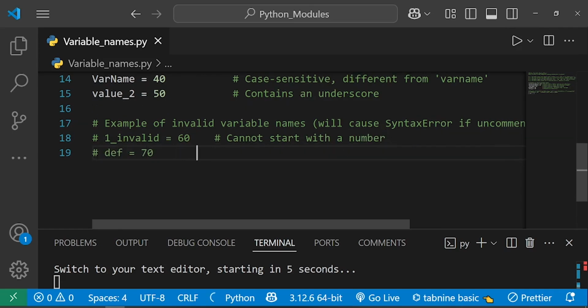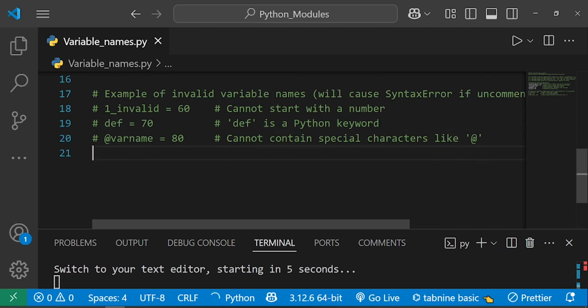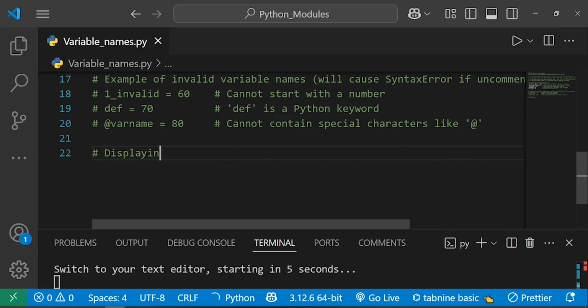For example, def is equal to 70. So def is an inbuilt Python keyword and it will cause a keyword error. So at var name is equal to 80, so cannot contain space or special characters like at, among other special